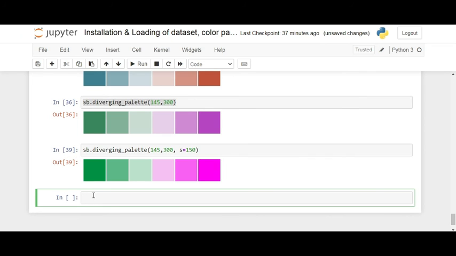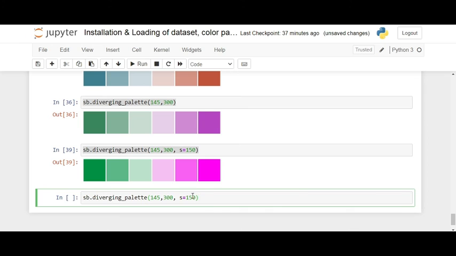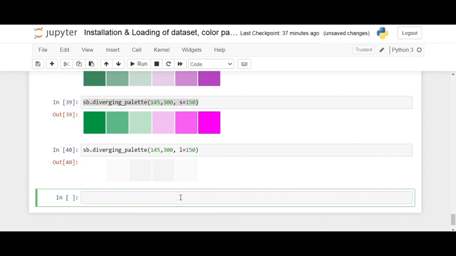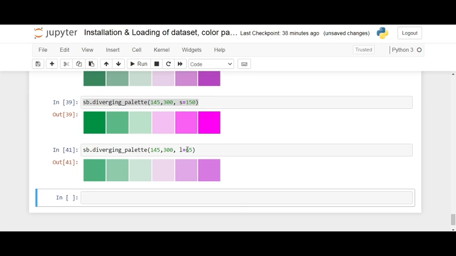Now, in the same case, if I add a few more parameters, so this is saturation. Now I will change the luminance and just check it. See here, the luminance is different. Suppose I decrease its value and make it 65 and check it.